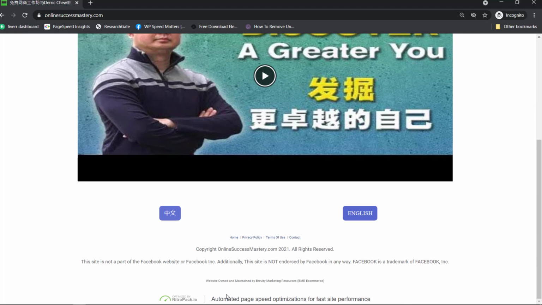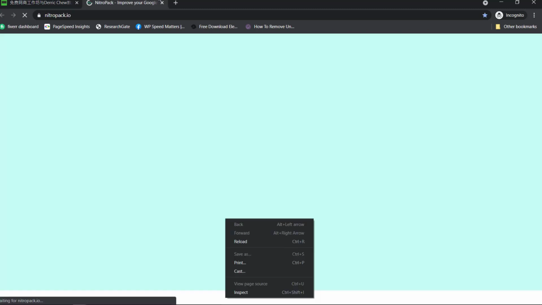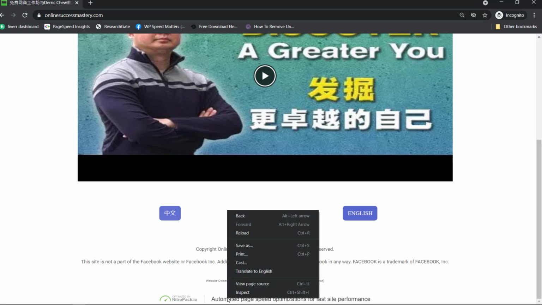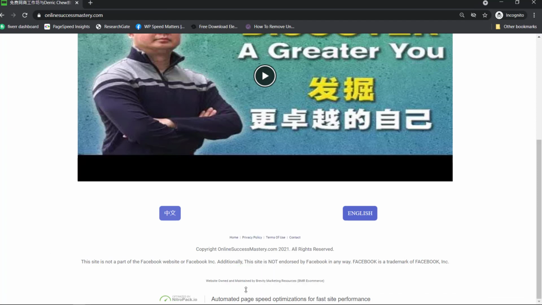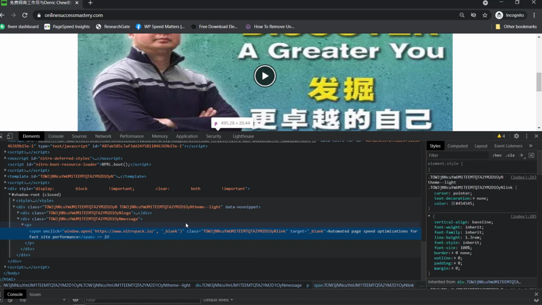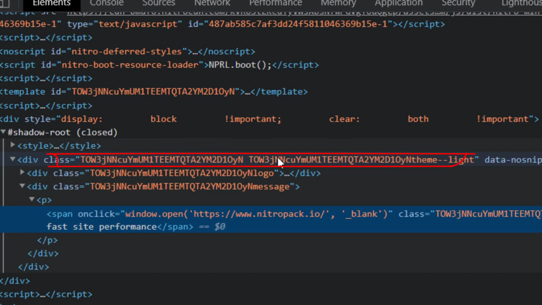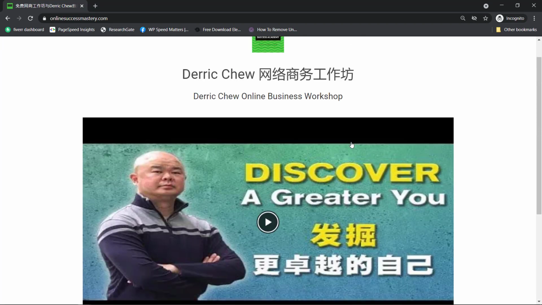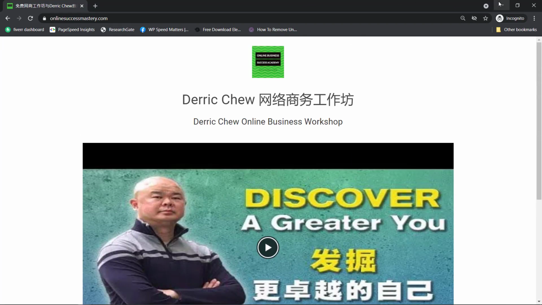The footer cannot be removed with CSS and other techniques. So what I have done here is managed to add a JavaScript code to remove this. As you can see, there's a dynamic class on this div. So to do this, we have added something like